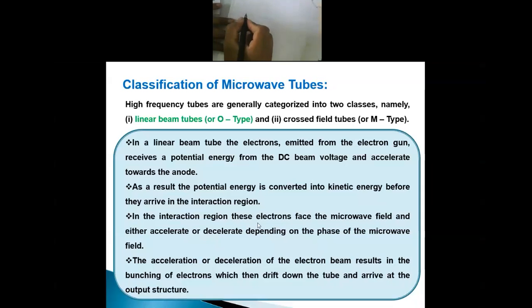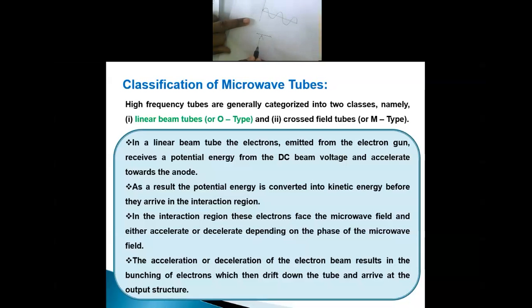So what happens here? Electrons are emitted from the cathode, and there is a field. Generally, a field looks like a sinusoidal one. Field means your RF signal. It is nothing but a sinusoidal one. That is about your field. Now, if we say there is a cathode, I'm just going to draw here. We'll consider only a single cycle.